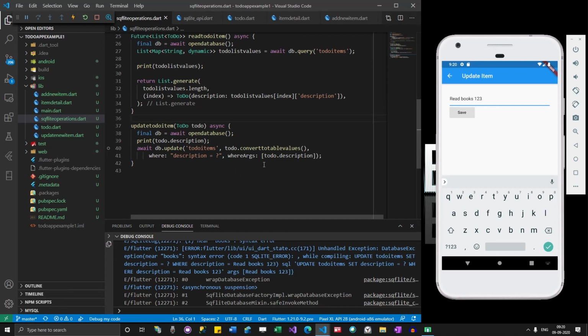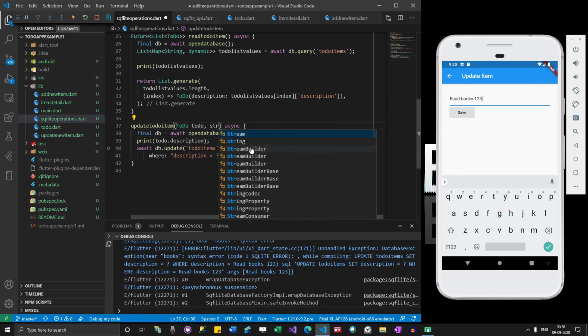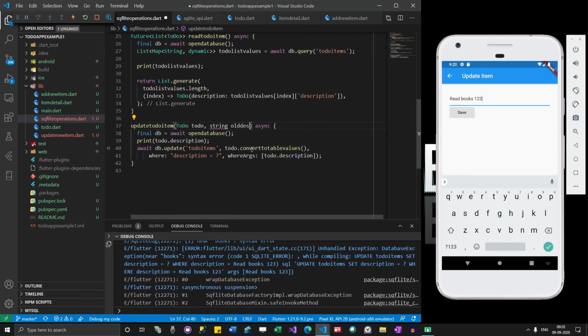The reason it didn't work is that we are comparing with the new value here, so we need to compare that with the old value. So what we need to do is get the old value over here. I'm just going here, string old description.